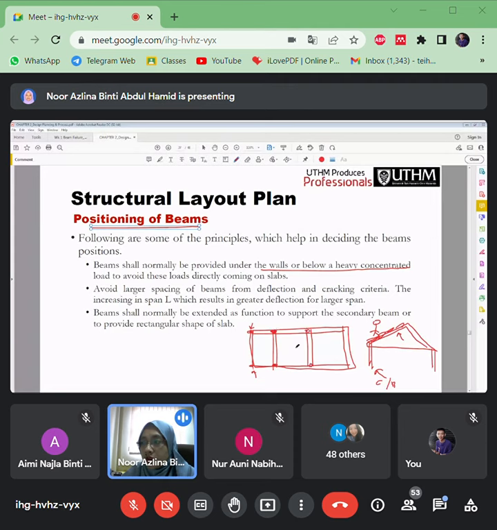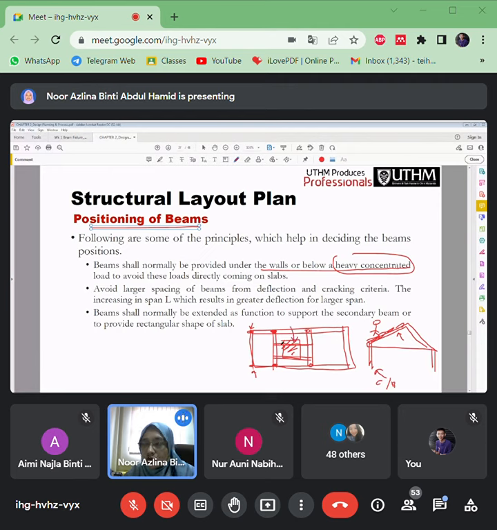Okay, let's say ada water tank ataupun ada storage, ada machine dekat roof. So might be we have to provide the beam here. Sebab nak letak water tank kat sini. Okay, this is example below a heavy concentrated load. Dalam architect drawing, dia just tunjuk je kat sini nanti nak letak water tank.